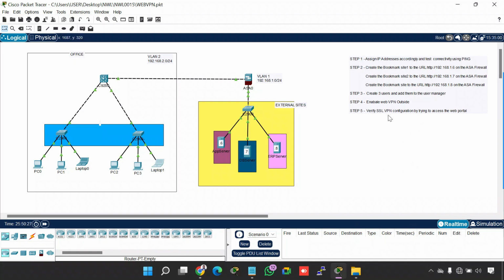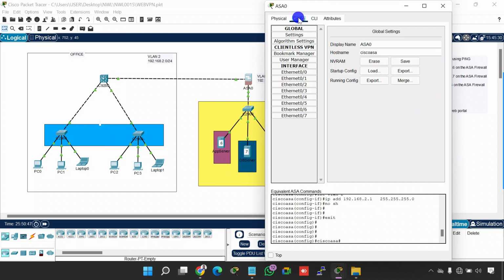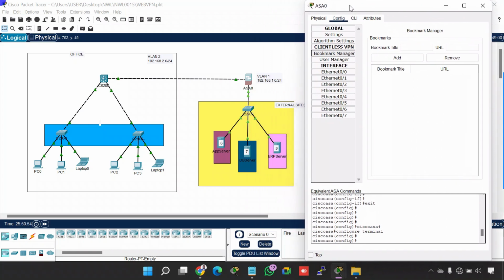The second step is to configure the bookmark site, right? So the bookmark site is where we specify the IP addresses and the URL logins. To do that, I will go to the ASA, and under the ASA, I'll go into the config tab, and under the config tab, I'll click on the bookmark manager. Now, to create this, I'm going to name it after each of the servers. So the first will be app server,